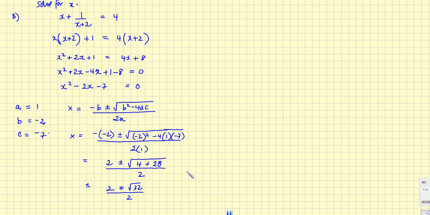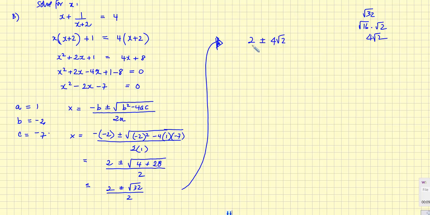so that we have 2 plus or minus root 32, all divided by 2. I can further simplify this. Now the square root of 32 is really like saying root 16 times root 2, which is 4 root 2. So that I can say 4 root 2, all divided by 2, and therefore x is equal to,